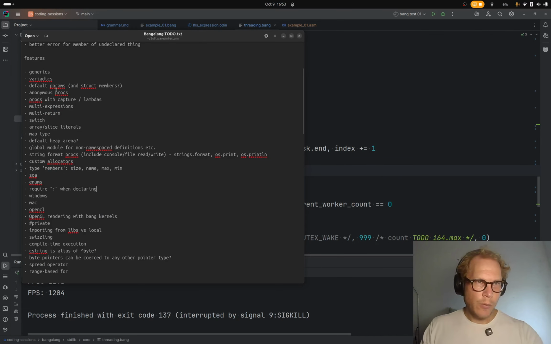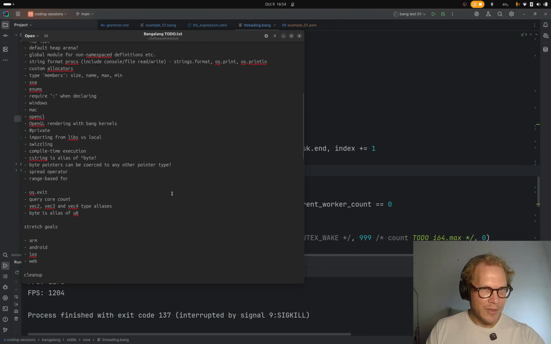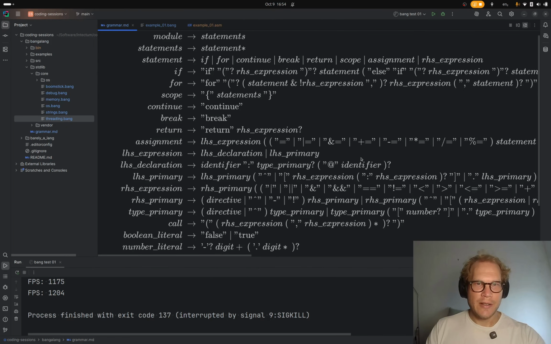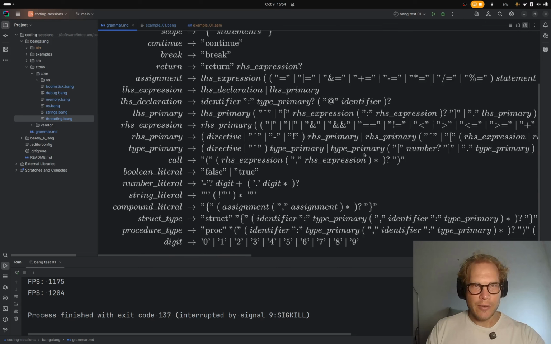I don't think we can do these default parameters. I think it's not like a 10-minute thing to add those. But you can see in the grammar now how it would kind of work. If this